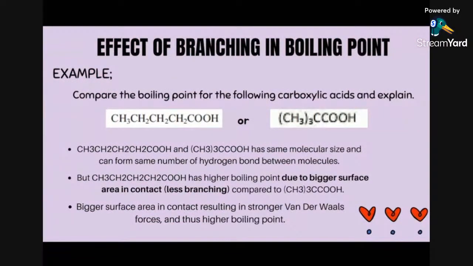So the effect of branching in boiling point. Compare the boiling point for the following carboxylic acid and explain. Okay, ni 1, 2, 3, 4, 5. So ni adalah pentanoic acid. Okay, sini kita tengok dia ada branch kan. Tapi dia sini pun dia tetap COOH. Okay, kita tengok dia ada berapa carbon ada 1, 2, 3, 4, 5. So sini pun dia ada 5 juga carbon. Dan dia ada 1 juga COOH. Tapi ni dia ada branch. So nama dia akan jadi